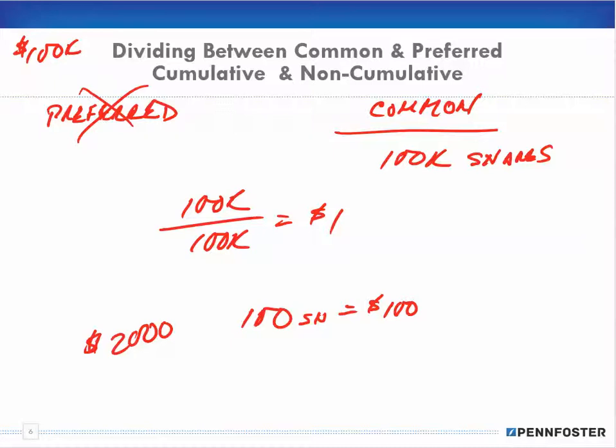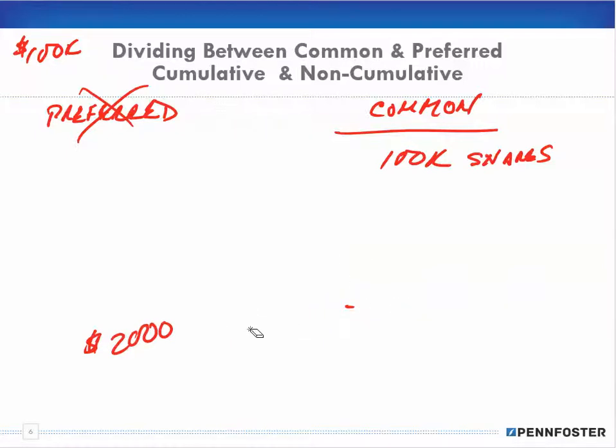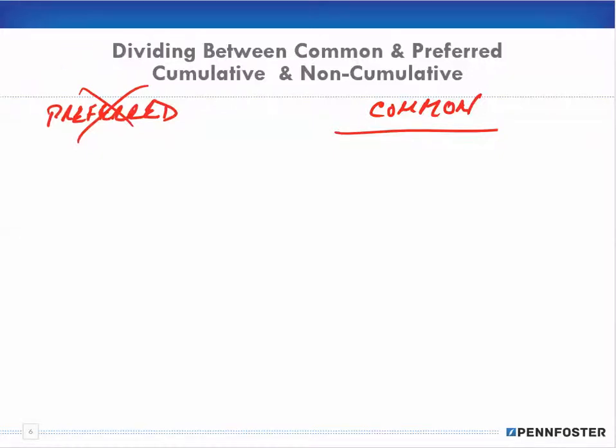Of course, if the amount of the dividend was 200,000, okay, and there's 100,000 shares, then each share would be worth $2. So if you had 100 shares, 2 times 100 would mean you would get a dividend of $200. Now that's generally put into your account. And just be aware that you have control over whether you get that in actual cash, right, as a check in the mail, or it's reinvested.